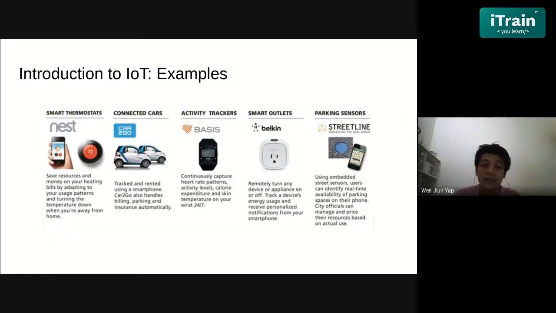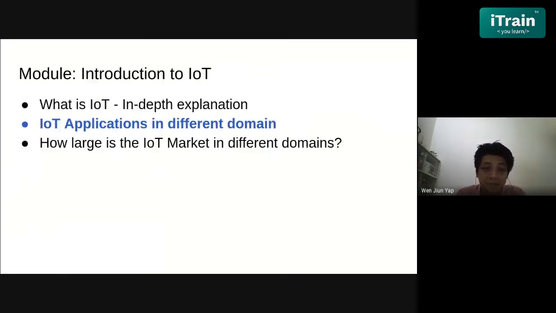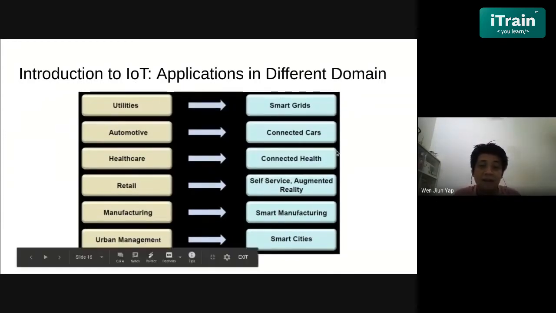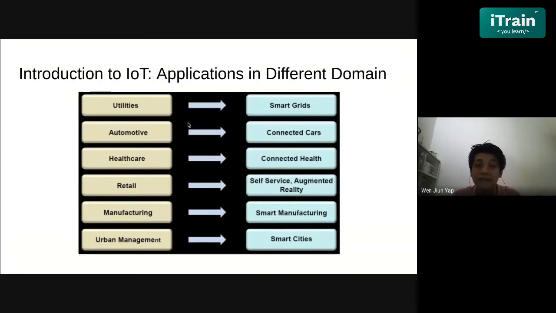Okay, so now we look at the various domains where you can have all these IoT applications. These are some examples. Some are very small scale, but some are very huge. Like the first one, the utility, the electricity. Okay,